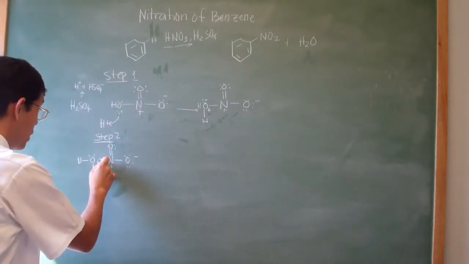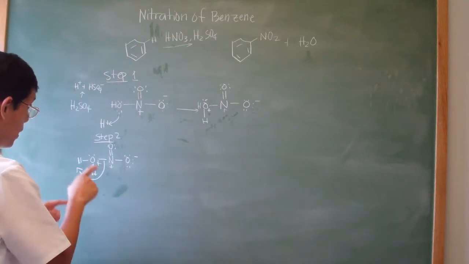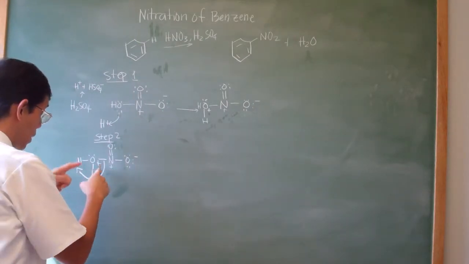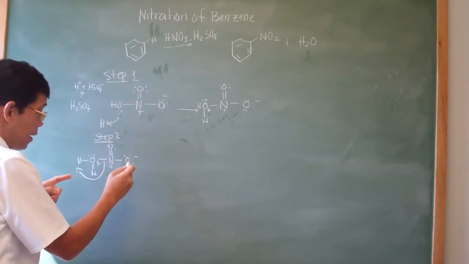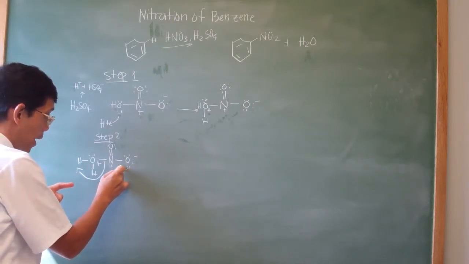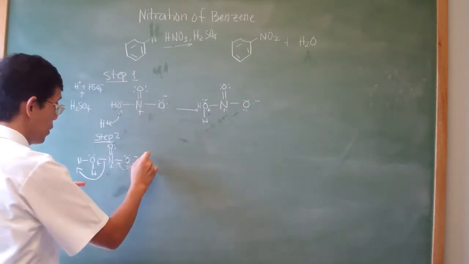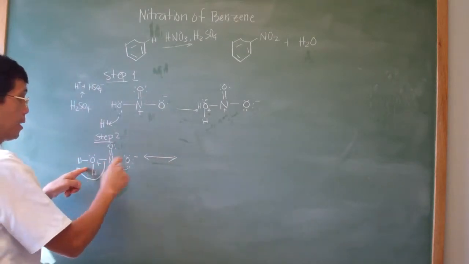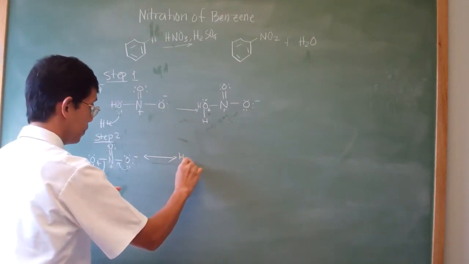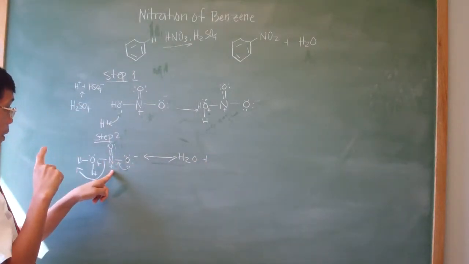So what happens is this leaves as a water molecule, and while this is leaving, one of the 3 lone pairs on that oxygen helps out by forming a second bond between that oxygen and that nitrogen. And this is what you get. So you are forming H2O,